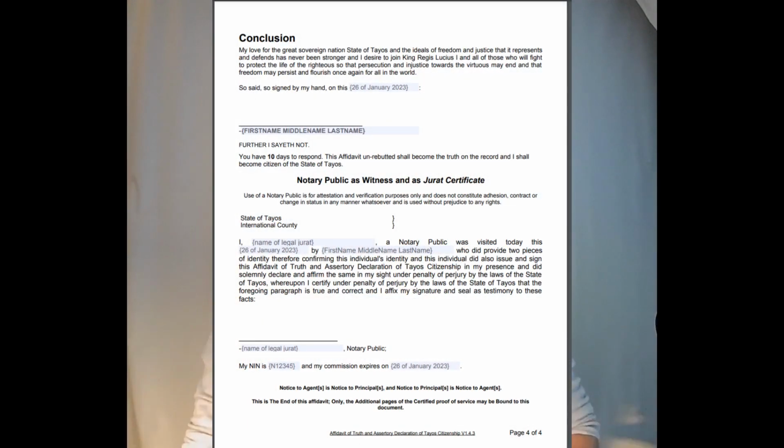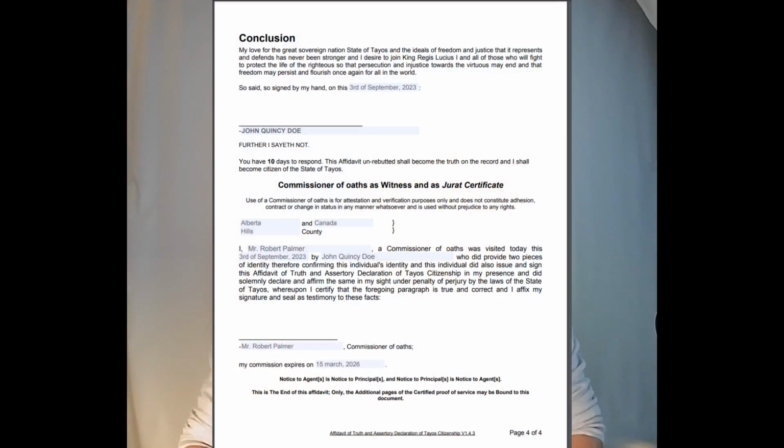And if it is the citizenship affidavit, here's the one for a notary, although the repudiation affidavit does not have that option. So you end up choosing, I'll talk about it later, but you have to choose one of these three. And you see the little blue sections is everything you need to edit.